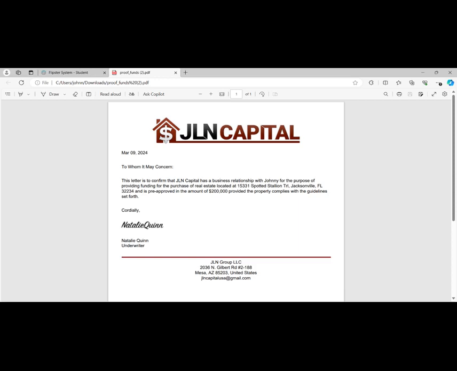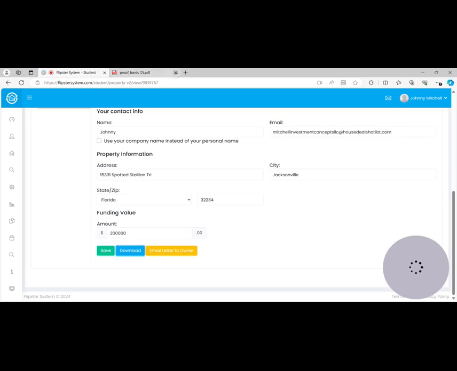This letter confirms that JLN Capital has a business relationship with Johnny for providing funding for the purchase of real estate located at, and has the address, and is pre-approved in the amount of 200,000 provided the property complies with the guidelines set forth. Now that's very important. Provided the property complies with the guidelines set forth. And what that means is